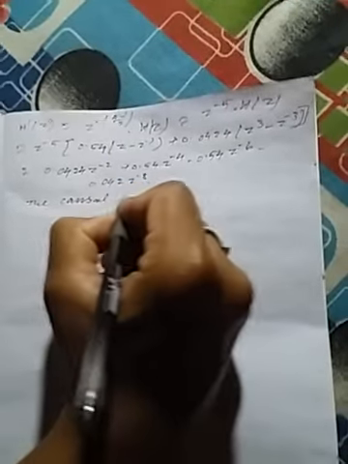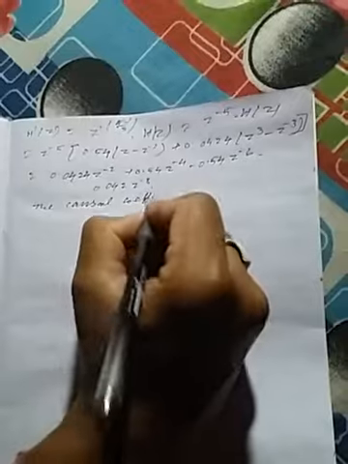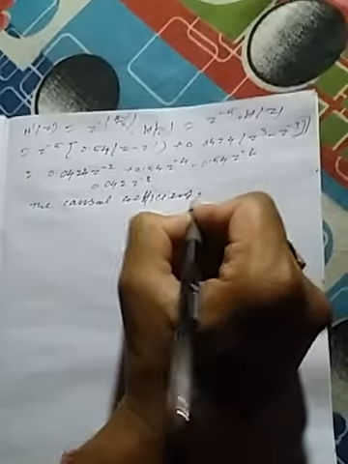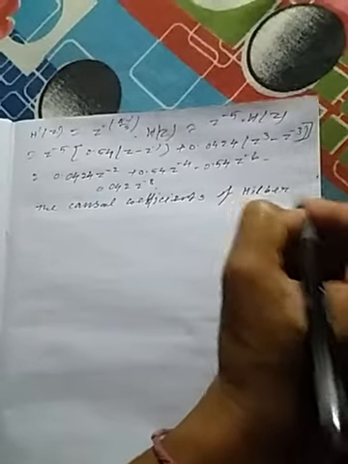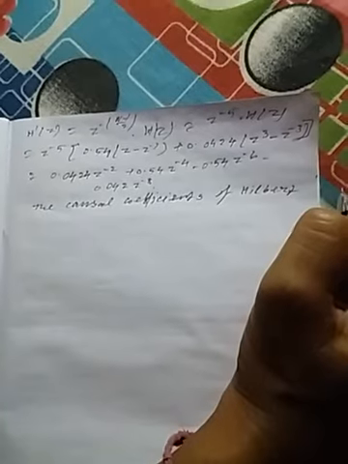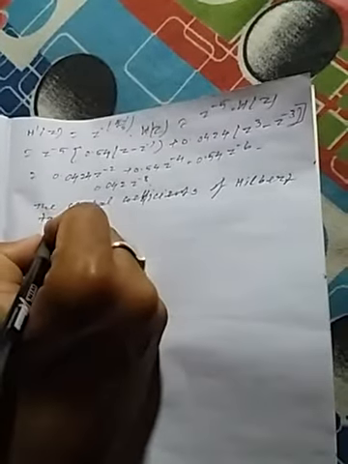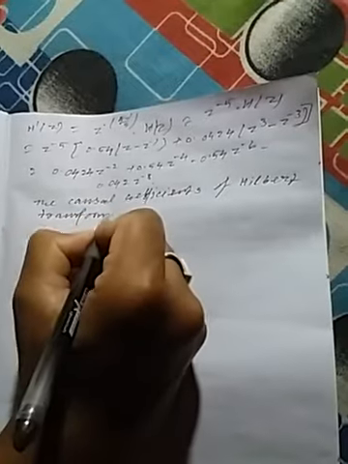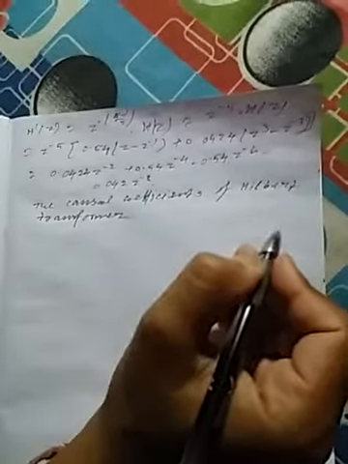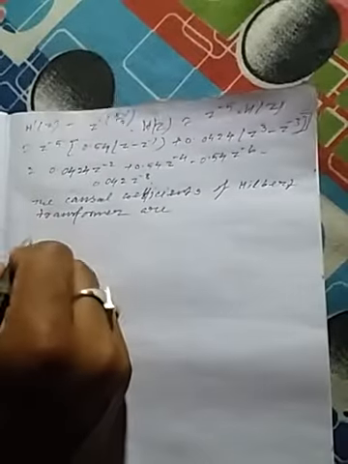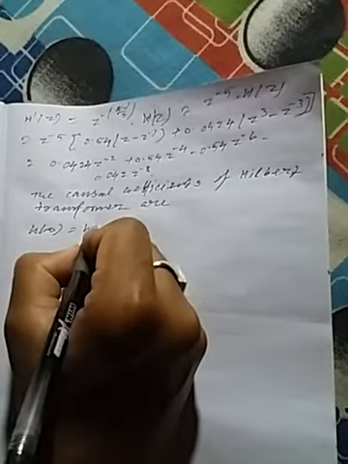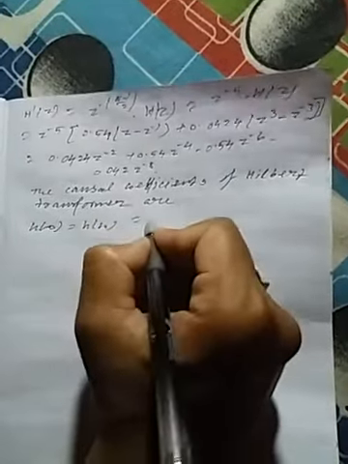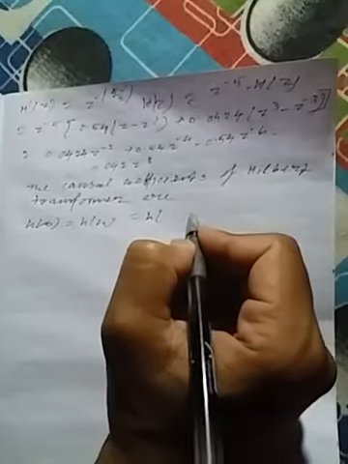So the causal coefficients of Hilbert, because we are going to design Hilbert transformer. So the causal coefficients of Hilbert transformer are, that will be equal to h0 equal to h10 equal to h1 also